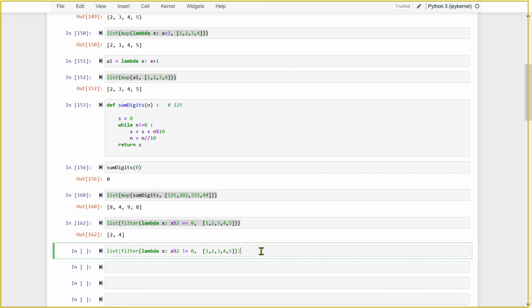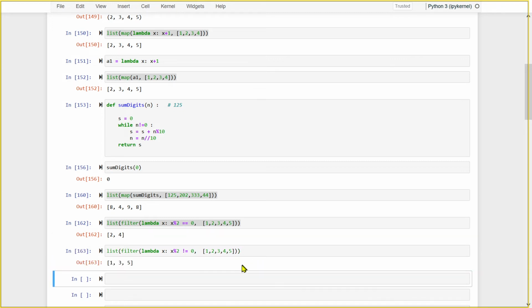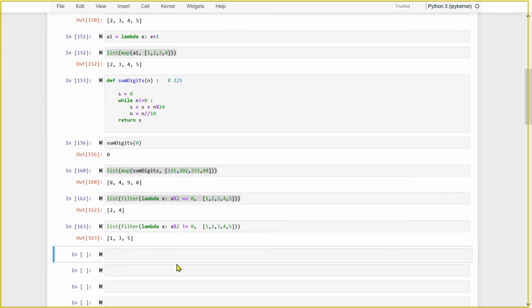No, it is equal to 0, so not equal to 0 is false, and you reject it. So 2 will be rejected, and this time I will capture 1, 3, 5. It all depends on your statement. If it evaluates to true, whichever element gave you true will be accumulated. All other elements will be rejected. That is what filter is doing.